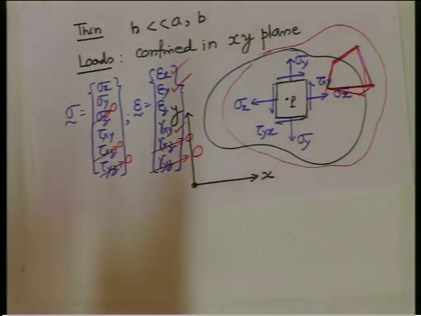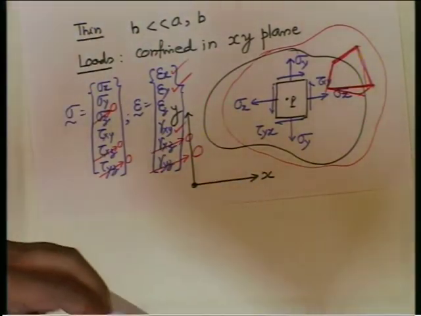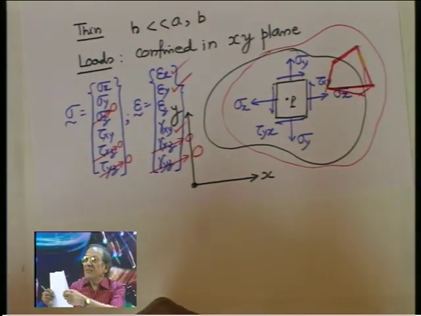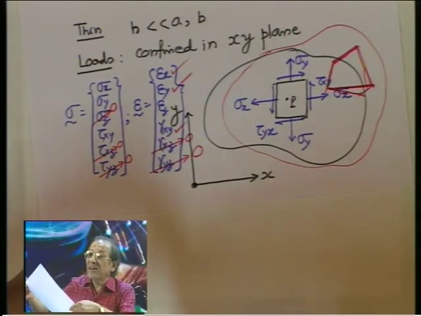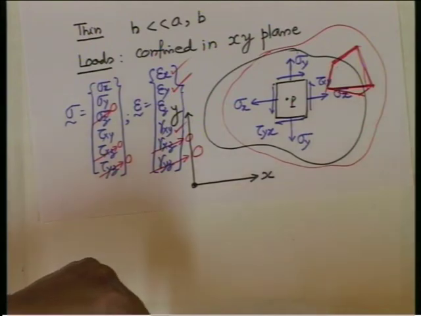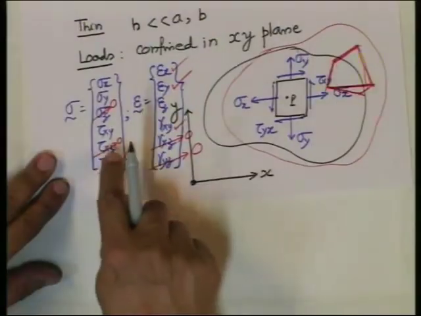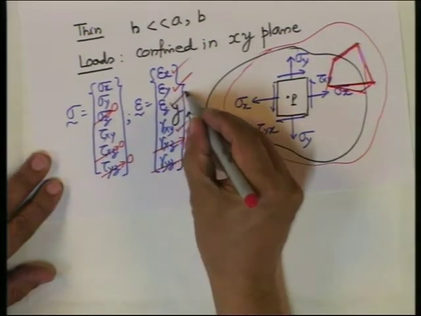The plate, this sheet, even if you stretch it, however thin it may be, infinitesimally small, the thickness will change. The plate thickness, because if you stretch it, it will become thinner. If you compress it, it will become thicker. How much, that is a different matter, but there is always a normal strain. It is not that it does not exist. So, do not just go by this equality, that because this is 0, this will be 0 blindly. This is 0, so this is no. We are trying to explain that. So, this will be present.